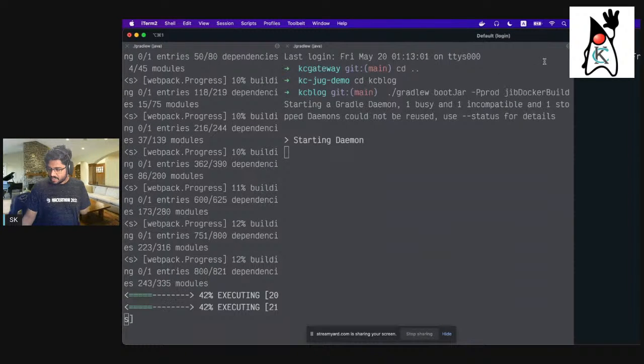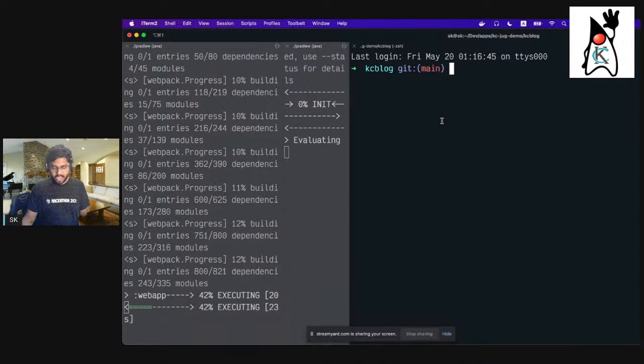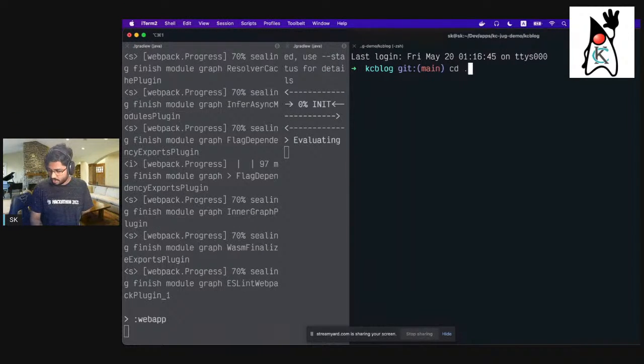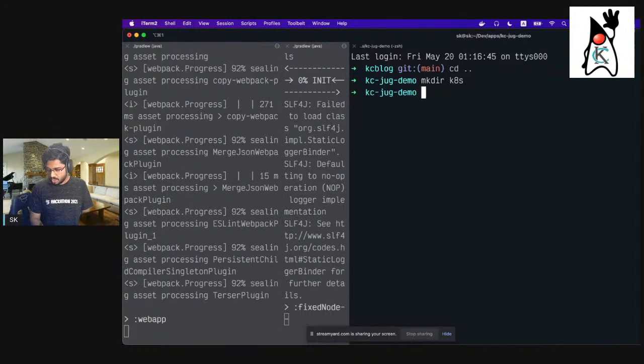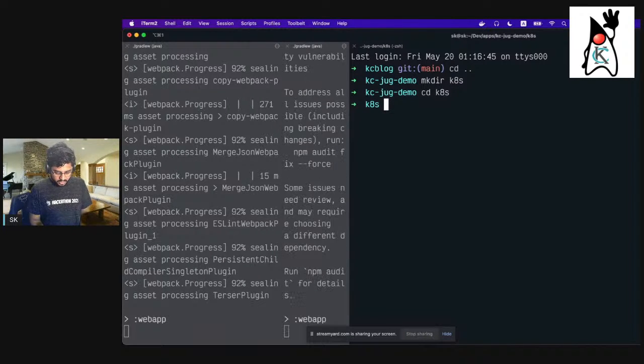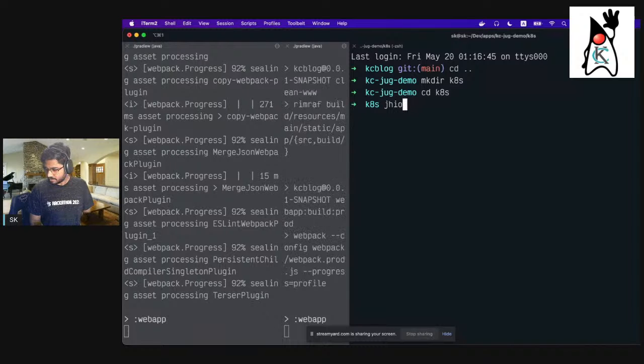But now I'm missing one particular thing over here, which is generating the Kubernetes configuration file, which was not generated out of the box. So I have to generate it manually, because Kubernetes is not something everybody is going to use. So that's the main reason we are not generating it out of the box. And if you want to generate it, it's very simple. I'm going to create a directory called k8s to put in all the Kubernetes configuration files. Go inside that directory, and then run JHipster